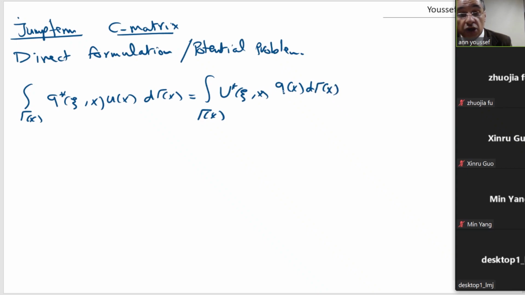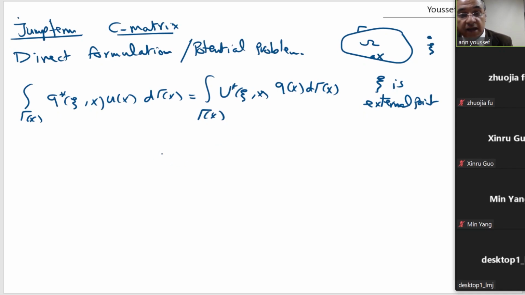This is the direct integral equation when xi is an external point. For example, this is a domain, and this is gamma, and here we have x, and the point xi is an external point. But when xi is an internal point,